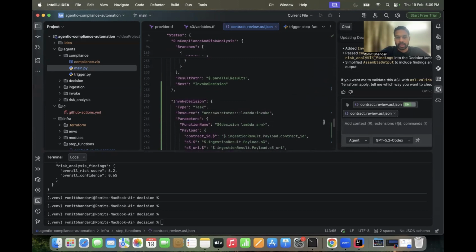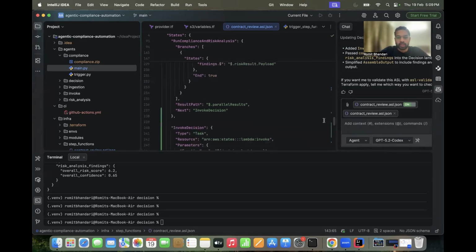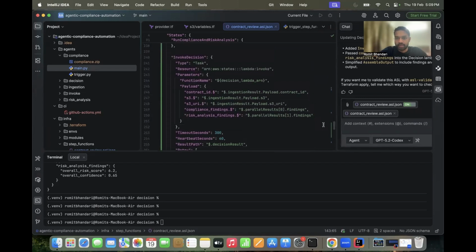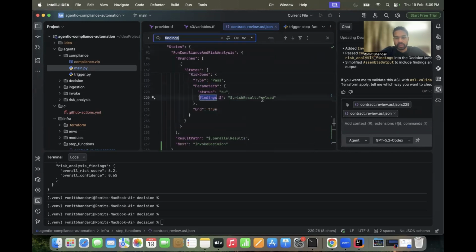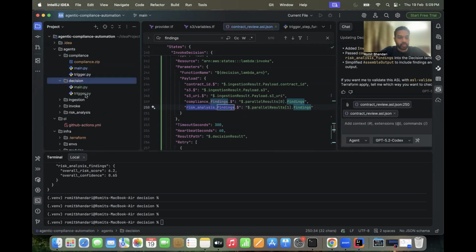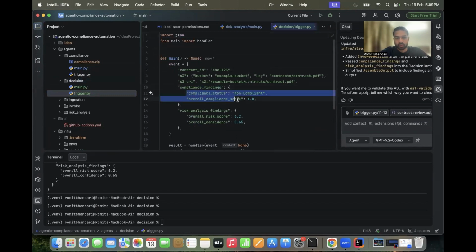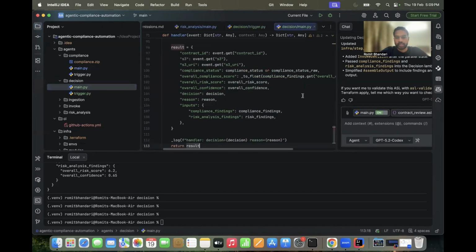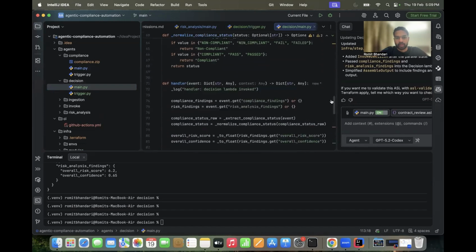Now then it has added invoke decision as the next decision, after the parallel state. Okay, and if you see the findings, it is putting the findings as the entire payload. Now the compliance findings and risk analysis findings, our lambda, if you see in the trigger.py, this is what we expect, right? As an event, this is what gets expected in the main.py, right? Compliance findings should contain these attributes. So we have to go one level deep,